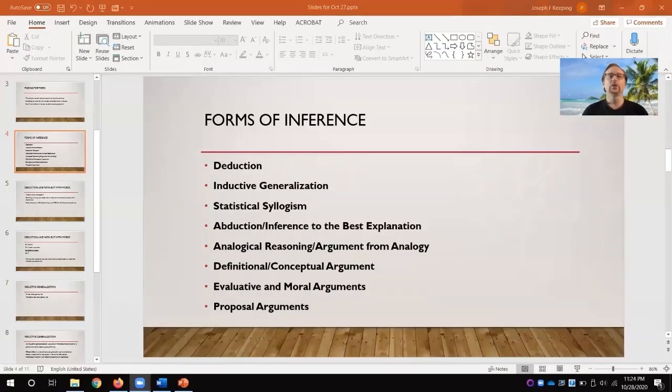Now, there are several different forms of inference which we're going to discuss today. I'm going to be introducing you to them. Some of them we're going to be going into more depth in later classes. Here's a list of different forms of inference. This is not all of the different forms of inference that there are, but it is most of them, and it is the ones that we're going to talk about in this course. The first one